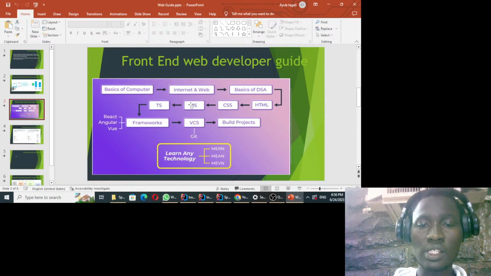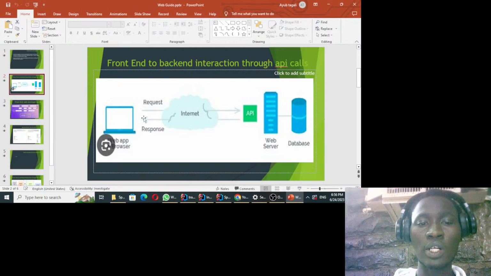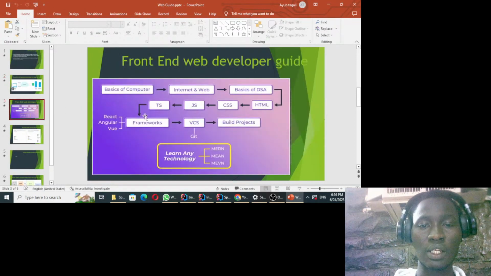And then also this JavaScript, it is the same language that you will be using when you want to send a request over the internet. So it has a framework or a library which you will then use to communicate with your backend application, and you will be able to receive the response using that same language. So you need to understand this language. With these three basic languages, HTML, CSS, and JavaScript, you can say that you are good in web development, in front-end web development in particular.